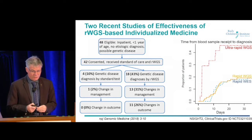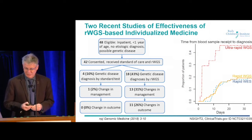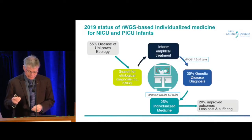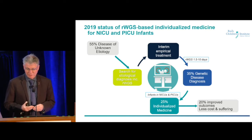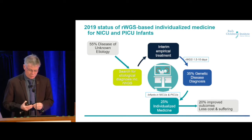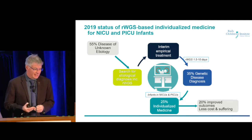And these days we have even faster methods of diagnosis, and you can see that again, for the most critically ill infants, it has a higher rate of diagnosis, and now we're finally down to a time frame that's meaningful for care of acutely ill infants. And so in 2019, today as we sit here, this is the new status quo, or state of the art, I might say. For the 55% of infants in intensive care units who have diseases of undetermined etiology, a rapid genome sequence, when bundled into that initial set of tests that are ordered, results in what I've just shown you in the prior slides, which is that we will have a provisional diagnosis within a day and a half minimum,